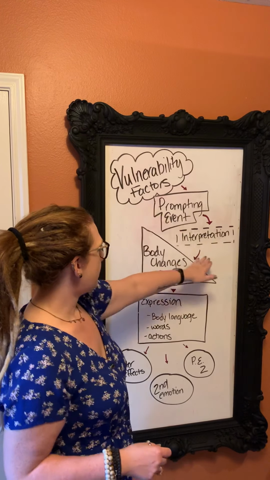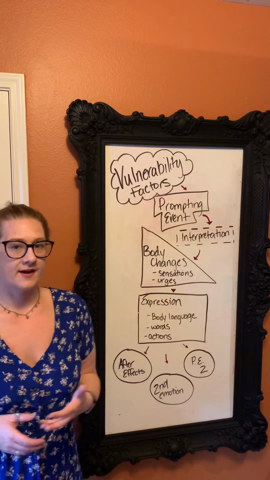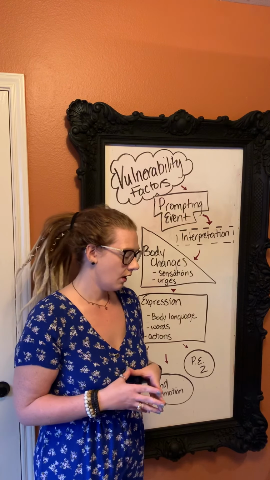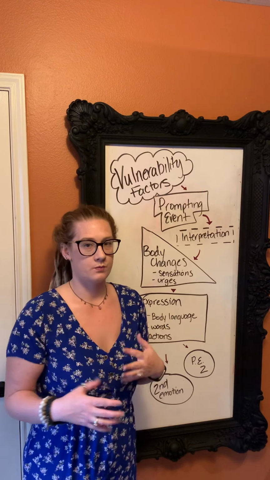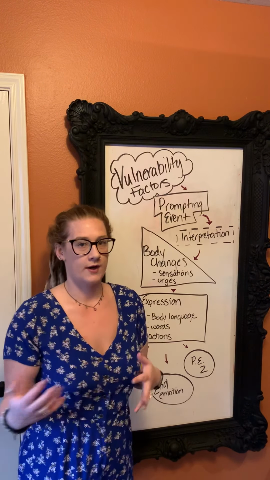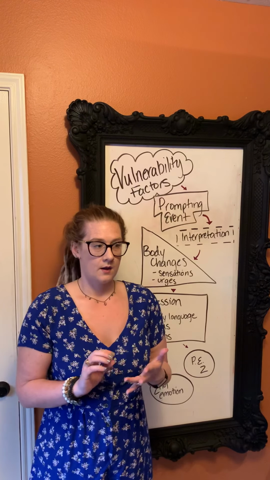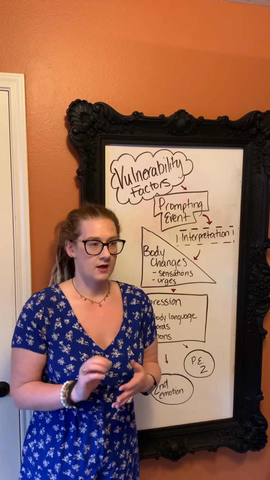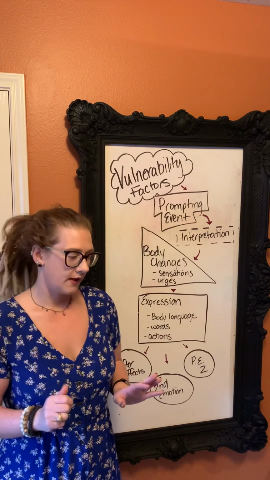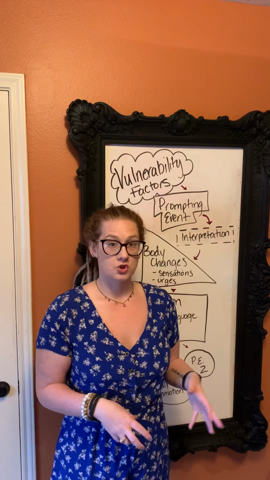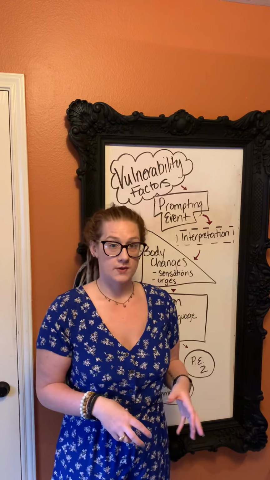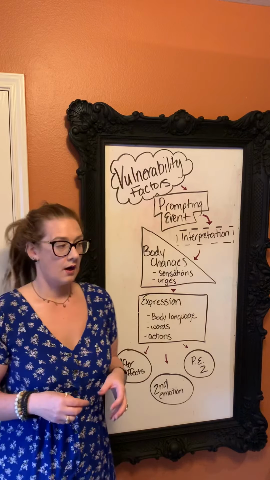All right, so moving on. Our next piece is our interpretation. This is how we think about whatever the prompting event is. Where our interpretation can be unhelpful and lead to more anxiety is when our thoughts have cognitive distortions in them. Distortions are identified thought patterns that we all agree are unhelpful. There are like 15 really common ones that you would see in the psychology fields. Things like black and white thinking, minimizing, catastrophizing, personalization, judgments, labels, assumptions. Anything very extreme is a cognitive distortion. If you say every time, always, never,